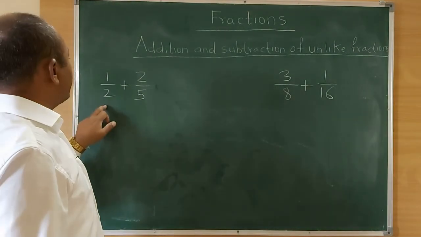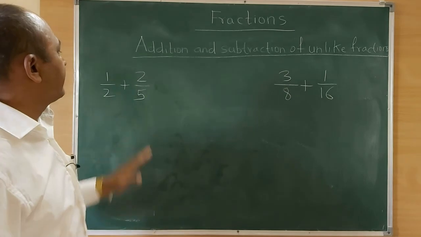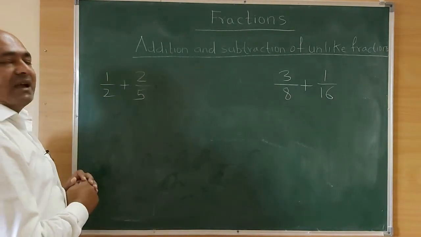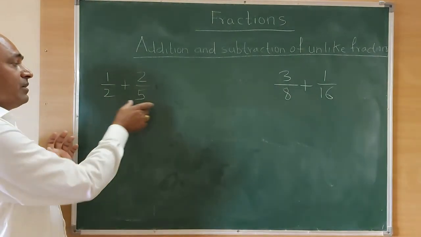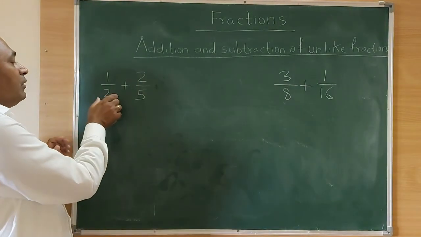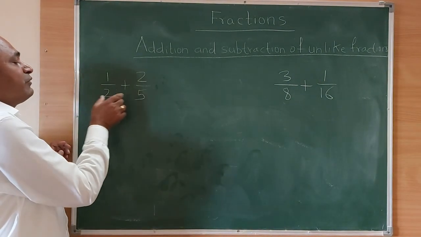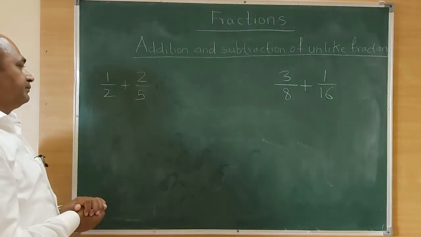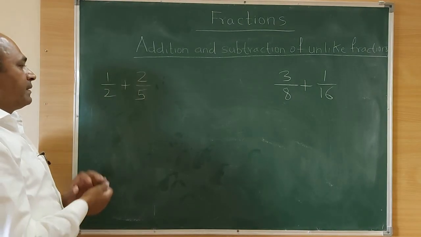Means 1 upon 2 plus 2 upon 5. These two fractions I have to add. But they are not like fractions. So I have to convert them into like fractions. Means their denominators I have to make the same. So here,